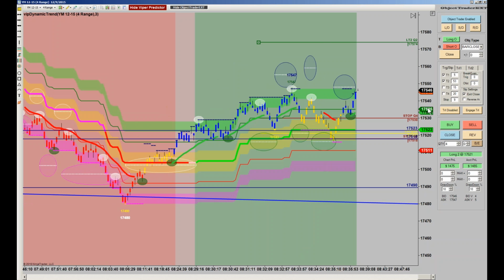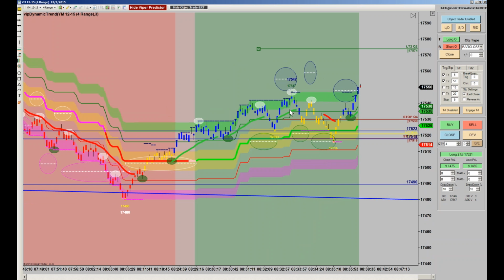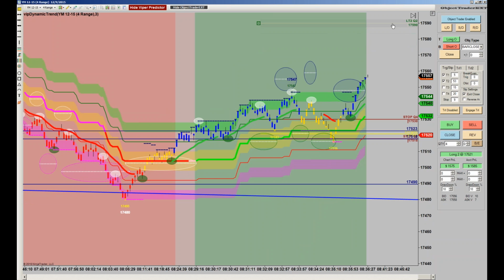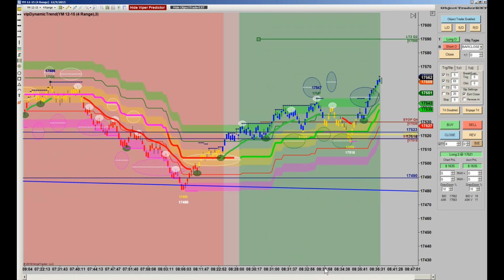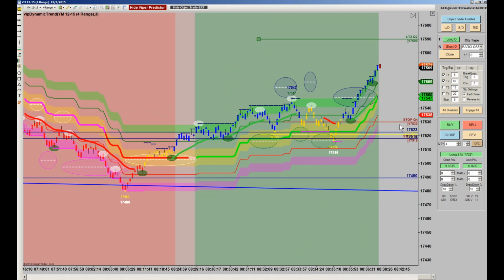Even if you make the wrong decision, don't let them kill you. For instance, when I put that under here, I did that because I accidentally tried to get in here, but I got in on a little thrust. Then when this barely went up here and made this little lightning swing right here, I decided to go ahead and take it out and then go back in instead. That's pretty important, because if you don't get a proper fill, then go ahead and watch for this type of